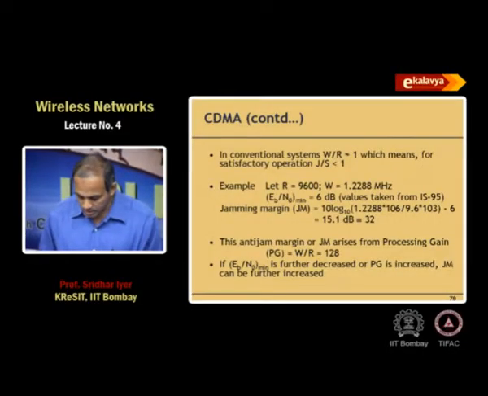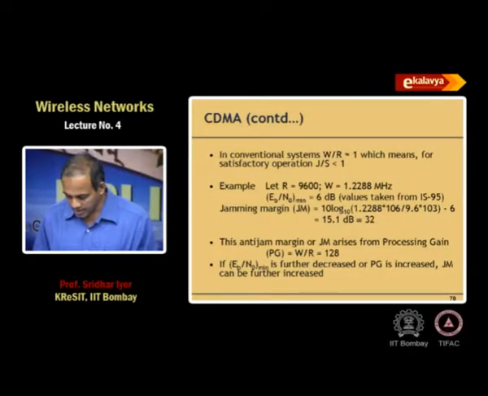J by S less than 1 means the signal power should be more than my interference power, significantly more than the interference power. That is all the stuff which we saw in the morning, right? 200 kilohertz. Why is it 200 kilohertz? Why is it not 100 kilohertz in a GSM system? All those things come from the need that my received signal strength should be much greater than the noise that I am receiving, right? On the other hand, if you see in the CDMA system, suppose R is 9600,